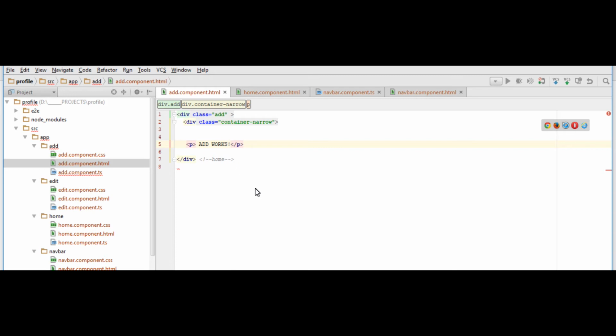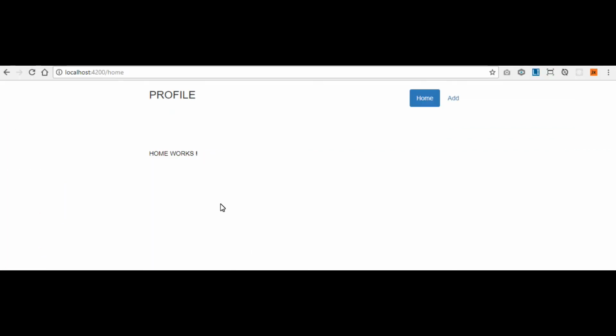So when we check our Chrome, in our navbar, by clicking home, we'll go to the home works, and when we press add menu, it will show add works. So the only issue here now is to modify